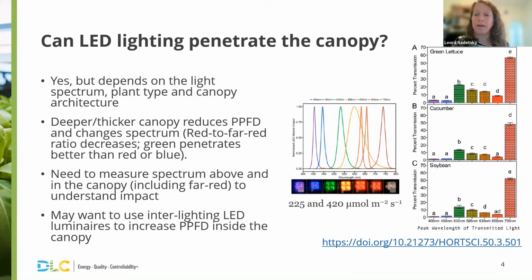And this is just at 1 leaf. So you can imagine as you multiply the number of leaves that you start to see these big effects of transmission. So if you have a deeper or thicker canopy, you're really going to see not only a loss in PPFD, as you can see some of these transmission levels are really quite low, but you're actually going to get differences in your ratios, right? The spectrum at the bottom of the canopy is going to change. Your red to far red ratio is going to decrease. Green is going to penetrate much more so than red or blue. So this is why white light can be really, really great for LED,